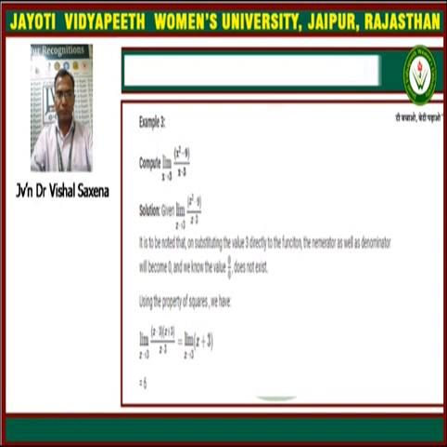So first we have to simplify this function (x² − 9) upon (x − 3), if it is possible. When we simplify it by applying the formula a² − b² in the numerator, you can see x − 3 is cancelled out and just x + 3 is left. Now we can put x equal to 3 in this case, so it becomes 6, and 6 is an existing value, so 6 will be the answer for this limit.